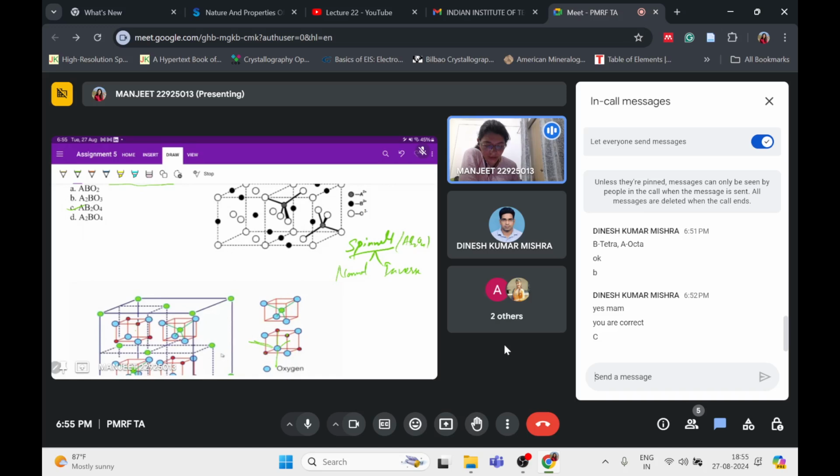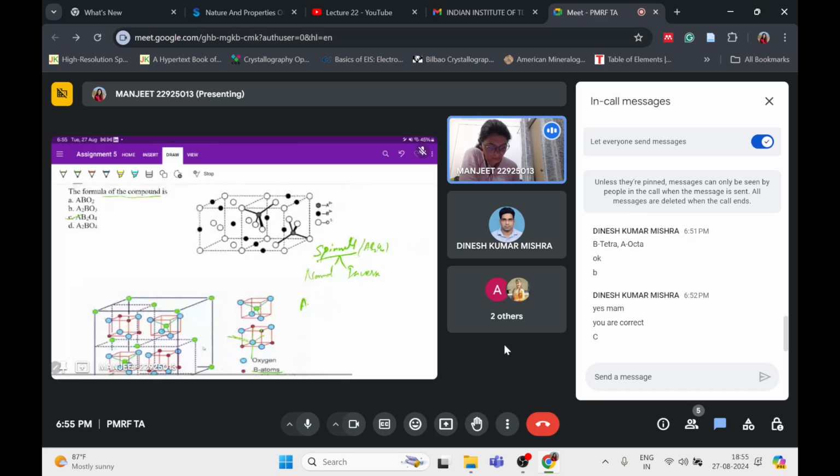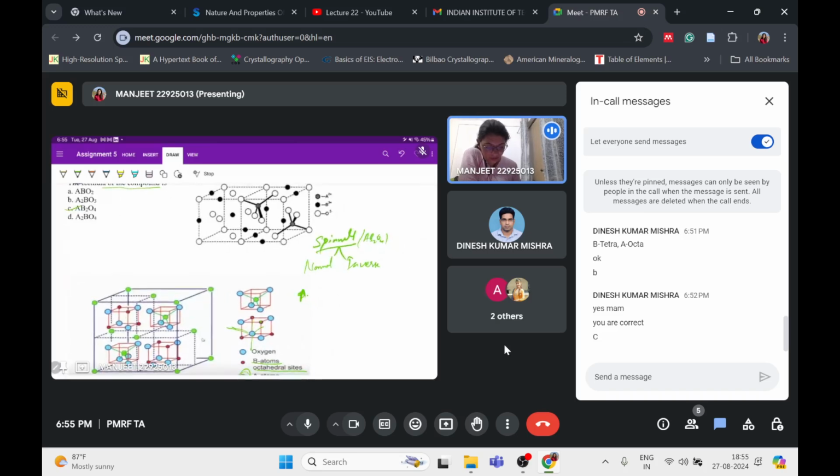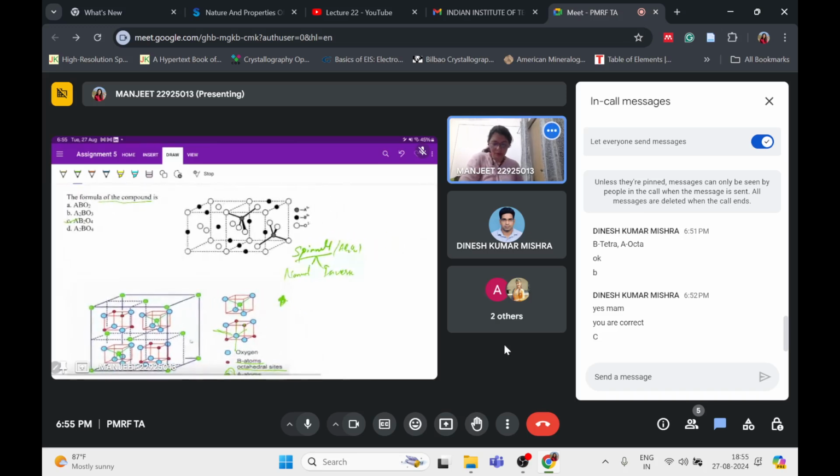If oxygen is my one atom, and I take the A1, this will be 1/4, and this will give you the octahedral. Okay, let's not confuse ourselves this way. So the formula for this compound will be AB2O4, and this is my spinel structure,